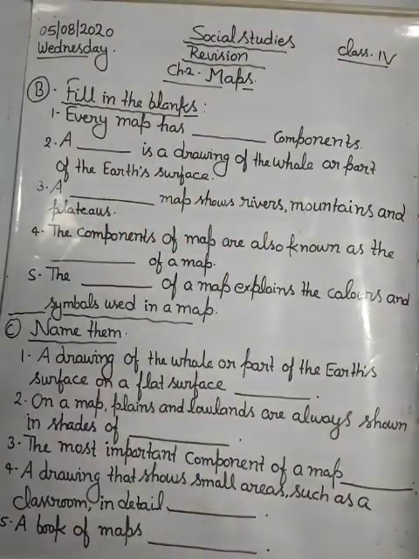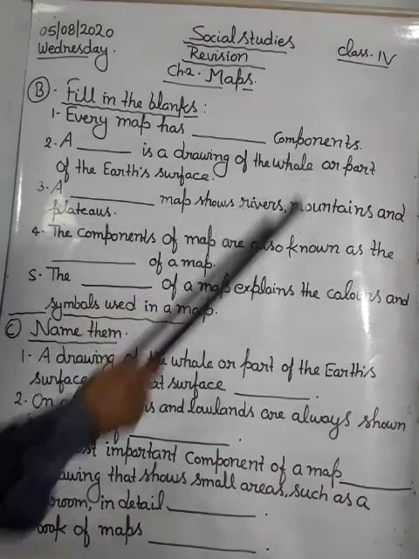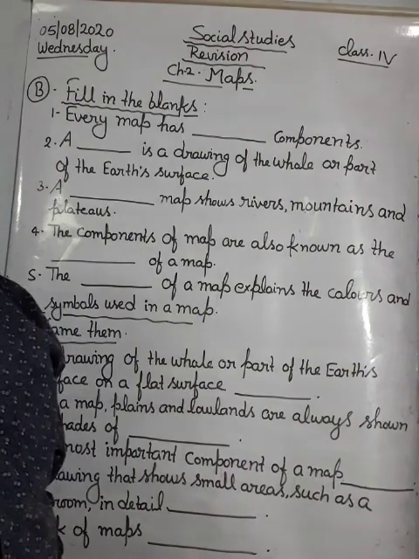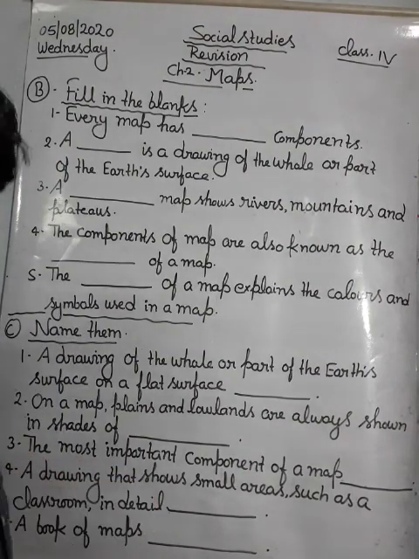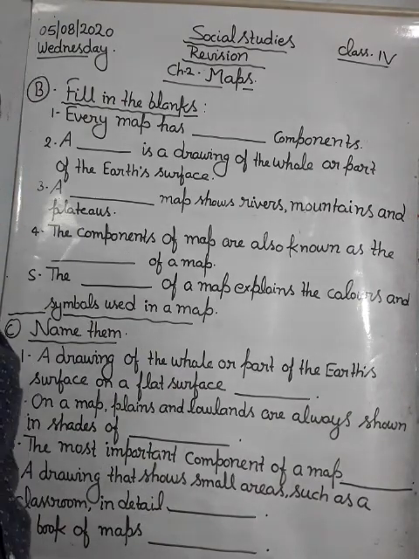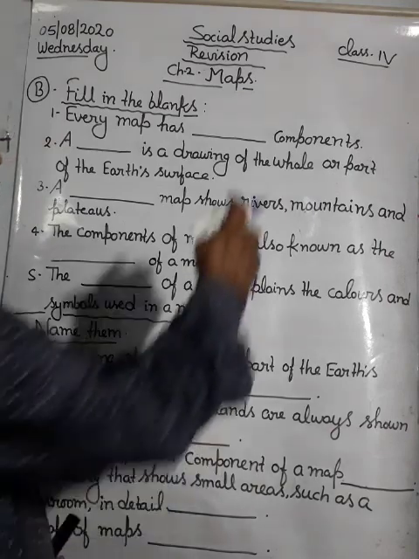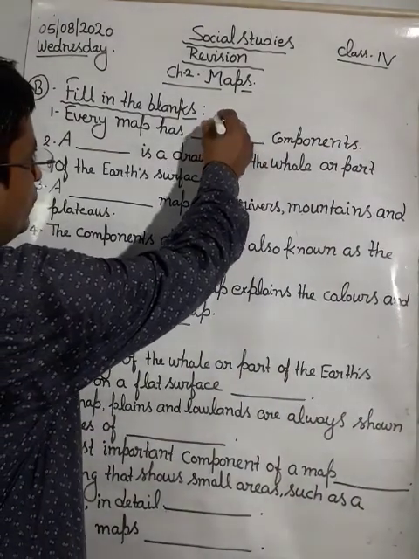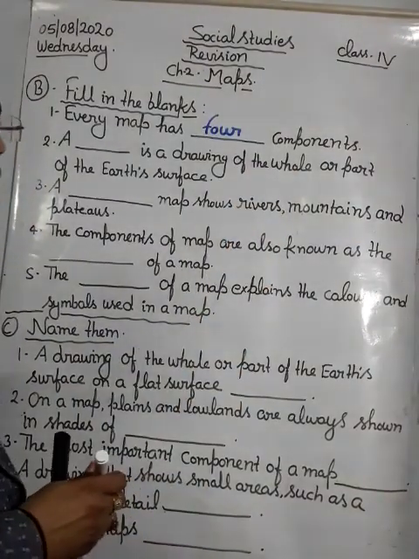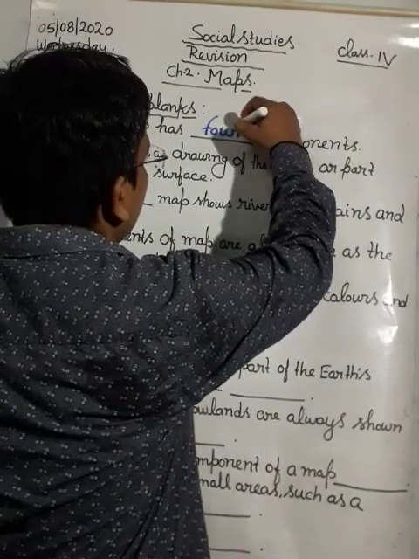So let's see. First of all, every map has dash components. How many components? Every map has how many components? Tell me. Yes, students, four components. Every map has four components. The four components are